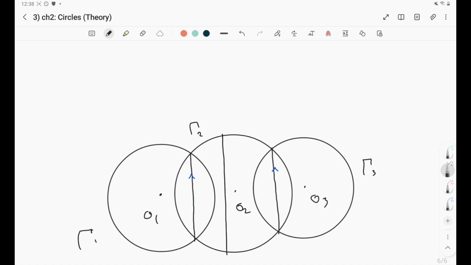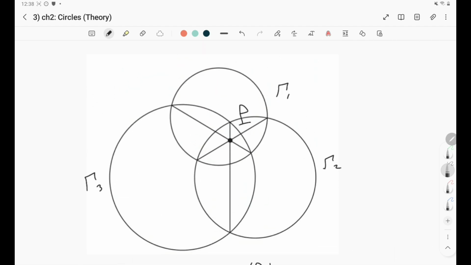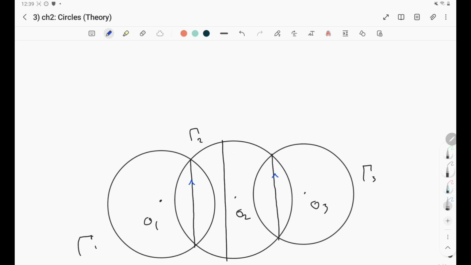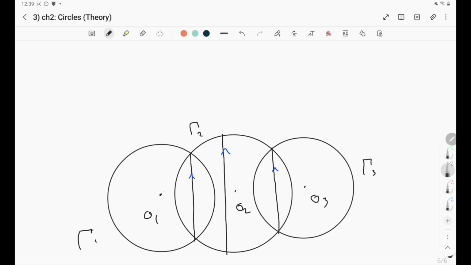The reason is simple. Say they intersected. If they are intersected, then this point must be here for the same reason we proved above. So that means no, it must be parallel to them as well. So we can conclude they don't intersect at all. They're 3 parallel. And we can also get something nice, that if you join O1, O2, O3, remember